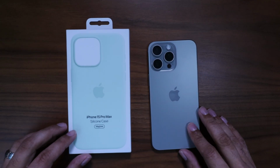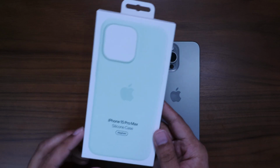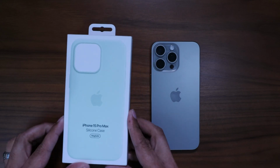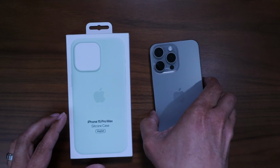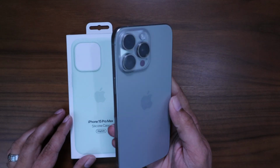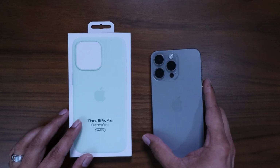We've got another tech accessory video for you. This time we're going to be taking a look at the Soft Mint iPhone 15 Pro Max silicone case. We'll be taking a look at the iPhone 15 Pro Max in natural titanium. I think it's one of the best colors for an iPhone Pro series you can get with this newest lineup